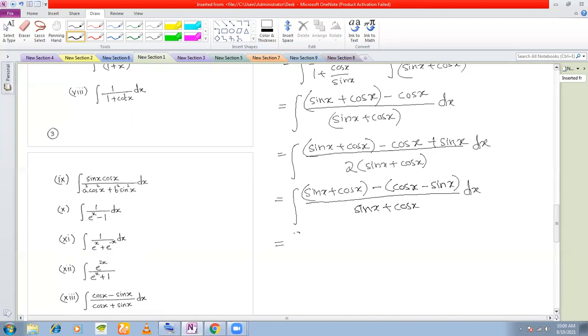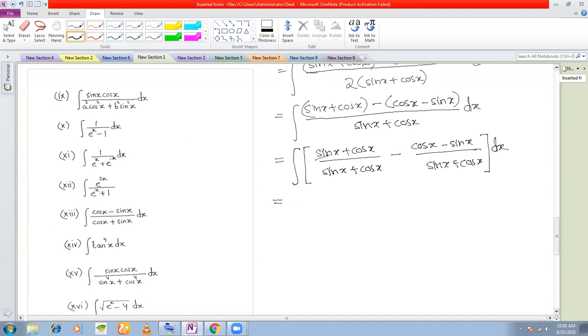Now if I separate here, what do I get? I get sin x plus cos x divided by sin x plus cos x, minus cos x minus sin x divided by sin x plus cos x dx,